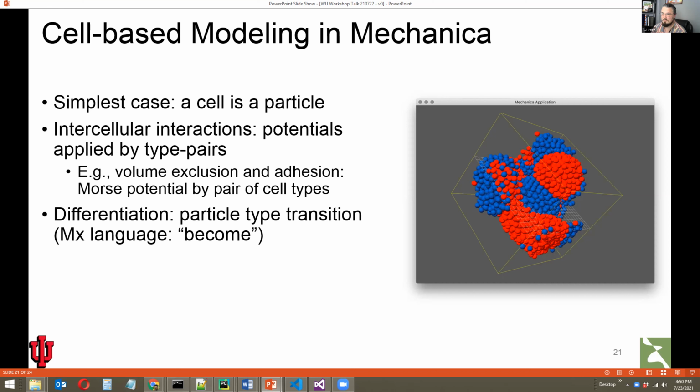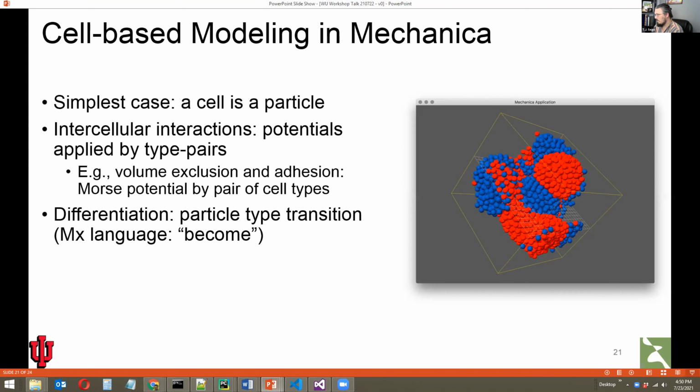And if two cells come close to each other, they may violate each other's implicit space. We handle that by having things like repulsive forces that bring about the idea of volume exclusion. So two cells can't sit on top of each other, and neither should two particles for a center-based model. And so we use potential functions and forces to implement those sorts of ideas for some biological realism using a computationally efficient particle-based approach.